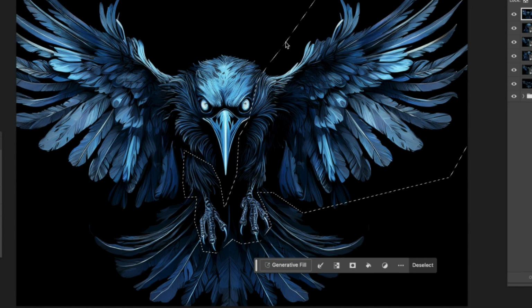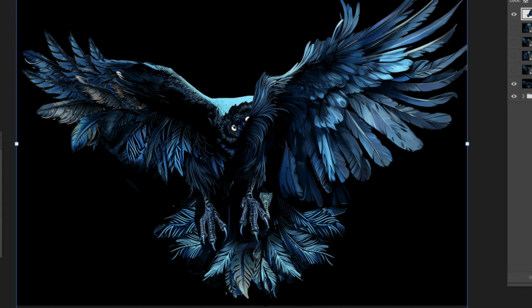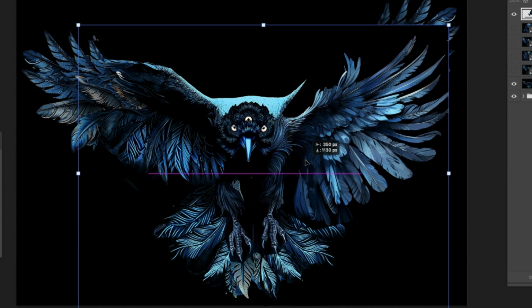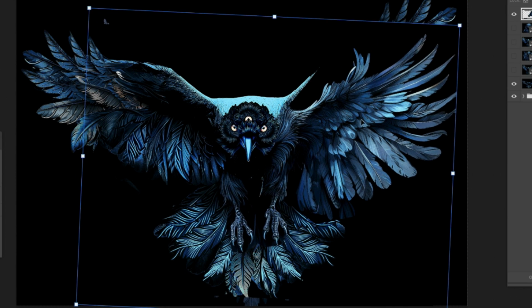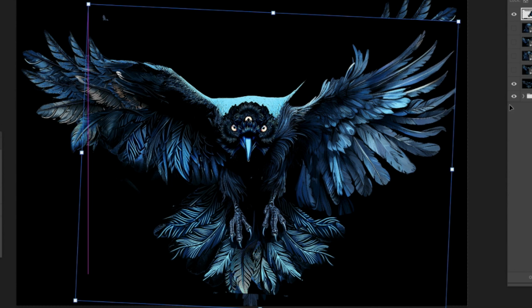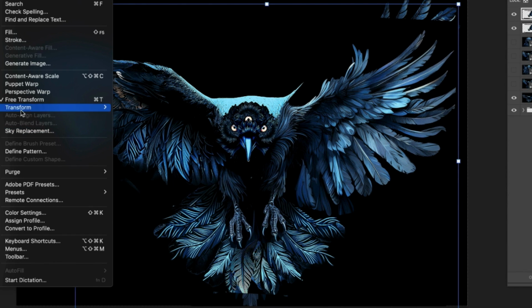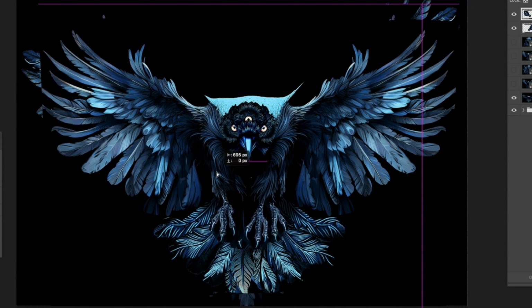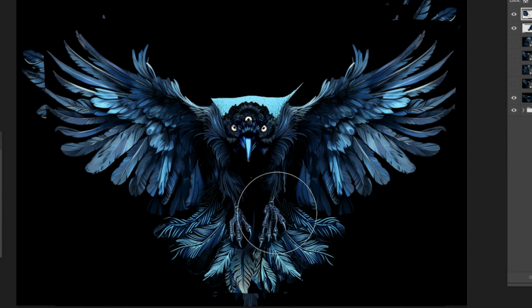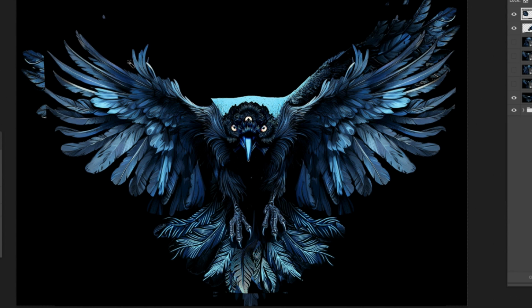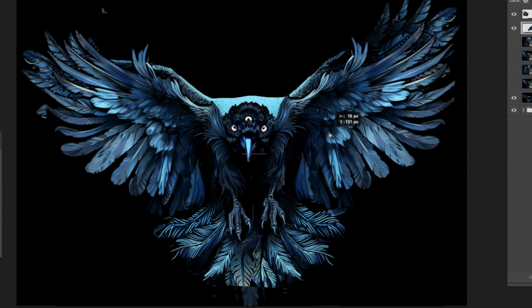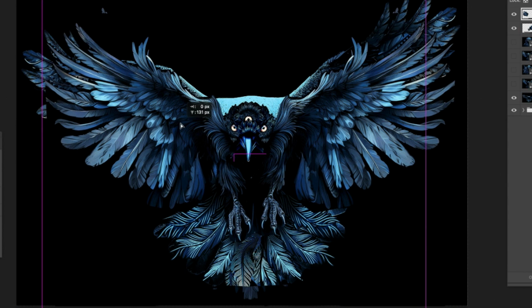When I found a wing that I liked, I extracted it and I rebuilt my wings using that generation. So essentially, I trained the AI with my artwork on what I wanted it to generate as a final result. I did the same for the tail feathers, the beak,